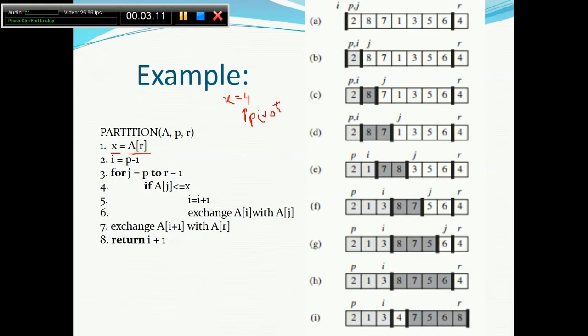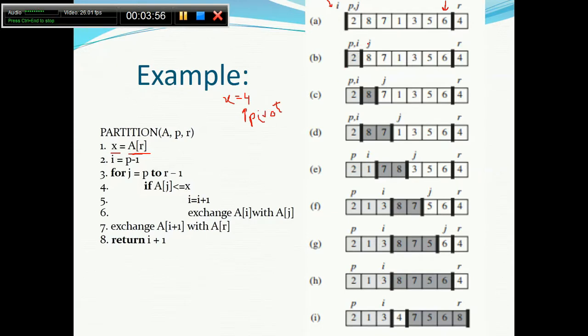Now it says i is equal to p minus 1. So i will be pointing to the index before the first, so i is pointing here, and j goes from p to r minus 1. j will start from here and execute up to here, r minus 1. Now it is a simple condition: it checks if A[j], the current value, is smaller than x. I'm repeating again, what is A[j] currently? 2. Is 2 smaller than 4? Yes. In that case, i goes one step ahead, I will be here, and 2 will be swapped with 2 itself, just because I have to swap A[i] and A[j].